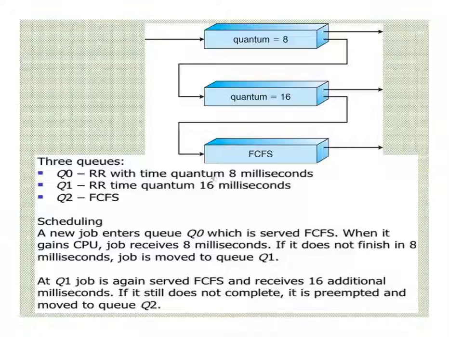The multi-level feedback queue, also known as multi-level adaptive scheduling, is an improved version of the multi-level queue scheduling algorithm. In multi-level queue scheduling, processes cannot move from one queue to another because processes do not change their foreground or background nature. But in multi-level feedback queue scheduling, processes are not permanently assigned to a queue on entry to the system.